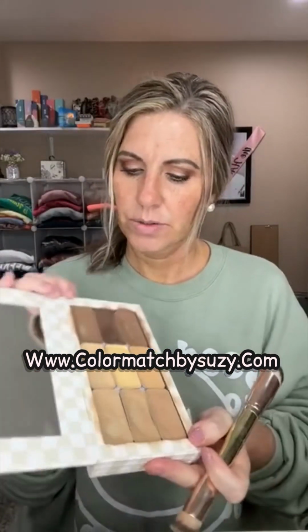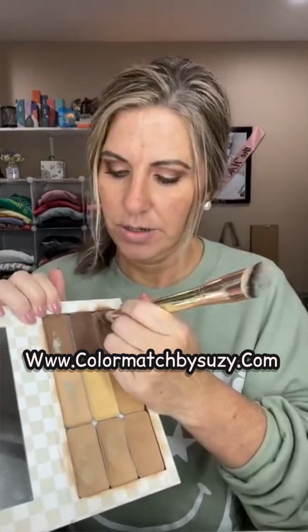All right, so we're going to start first with the contour. I think we're going to use the color Cedar. And I know I say this all the time, but this is for the new people. The contour colors are a little bit stiffer, so whereas you barely have to dip into the cream colors, you really have to kind of swap into the